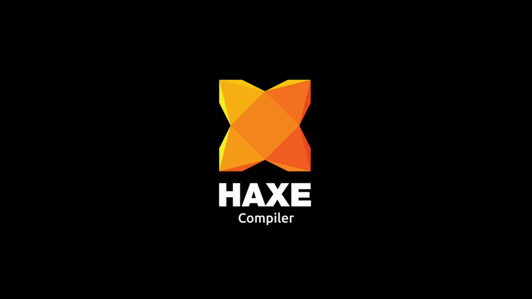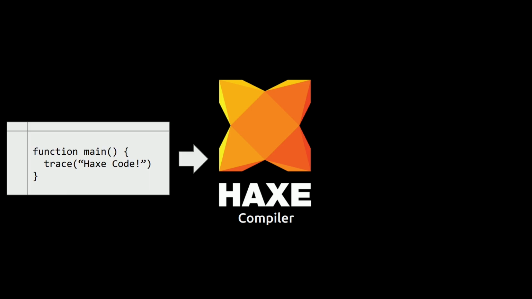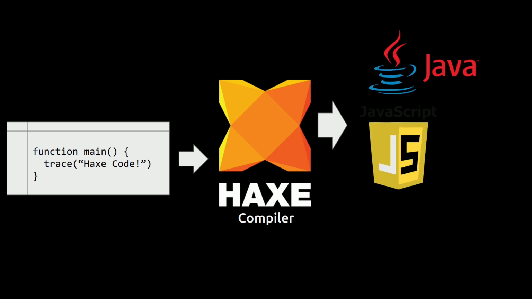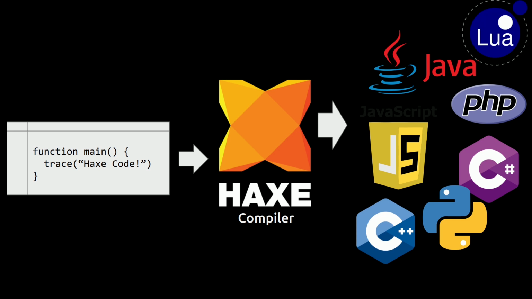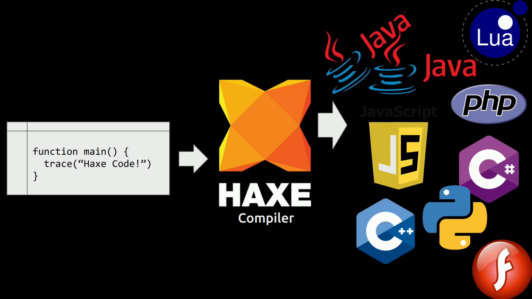And before even delving into the language itself, it's important to talk about the awesomeness of the compiler. Its killer feature is its ability to take Haxe code and generate code in another programming language. It supports a wide range of languages such as Java, JavaScript, PHP, C#, C++, Python, Lua, and it can even produce bytecode for JVM and Flash. I hope you see the possibilities it opens. Now let me tell you about some of the language features I find particularly appealing.